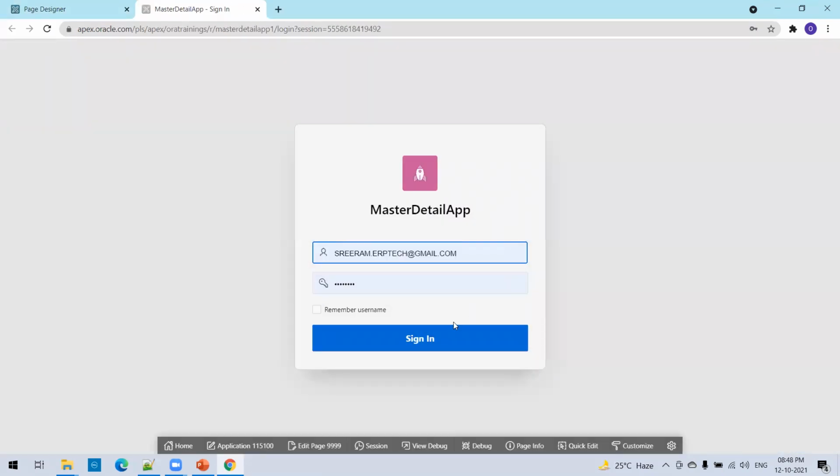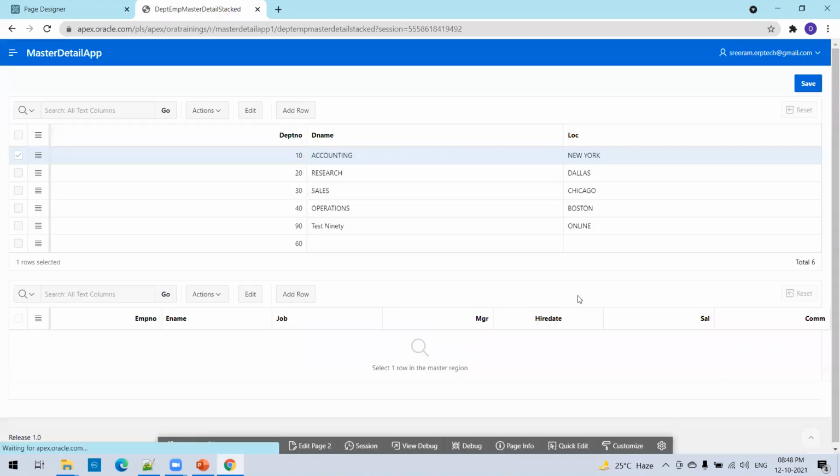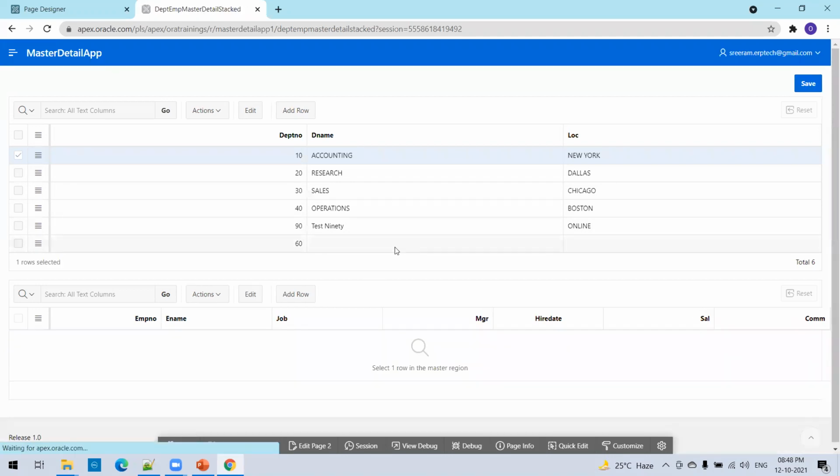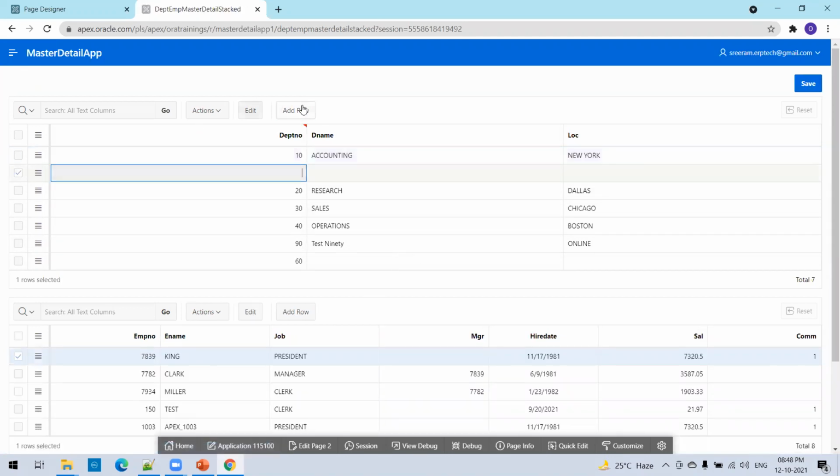Login. This is how a master detail stack looks. Now I can edit any of the records. Assume that I want to change the commission to 1% and click on save. Now I'll click on add row.